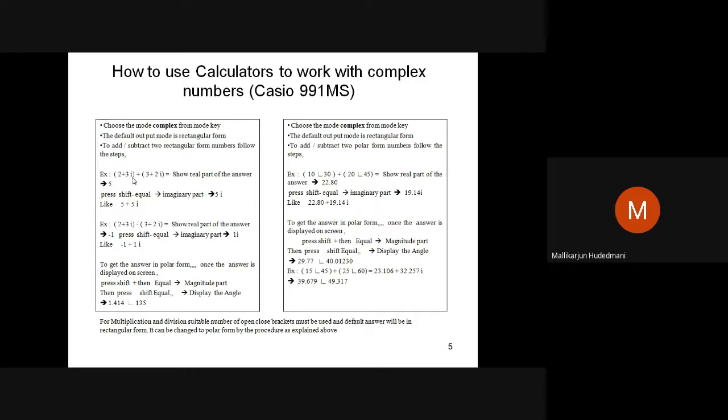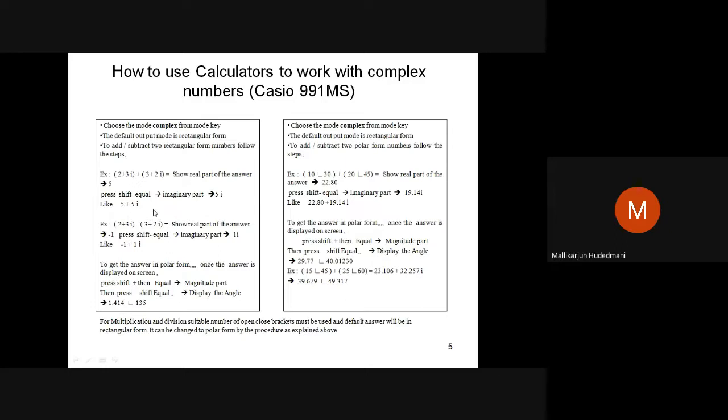Okay. Before going to do that, suppose you want to see the answer of this. What you should do? Press equal. Once you press equal, you will get the first answer as the real term. What is the real term? 2 plus 3 is a real number 5. Then press shift equal. When you hit shift equal, it will give you the imaginary part of that. Here we can say orally, here is a plus 3i, here is a plus 2i. What is the total i? 3 plus 2 is plus 5i. The total answer is 5 plus 5i.